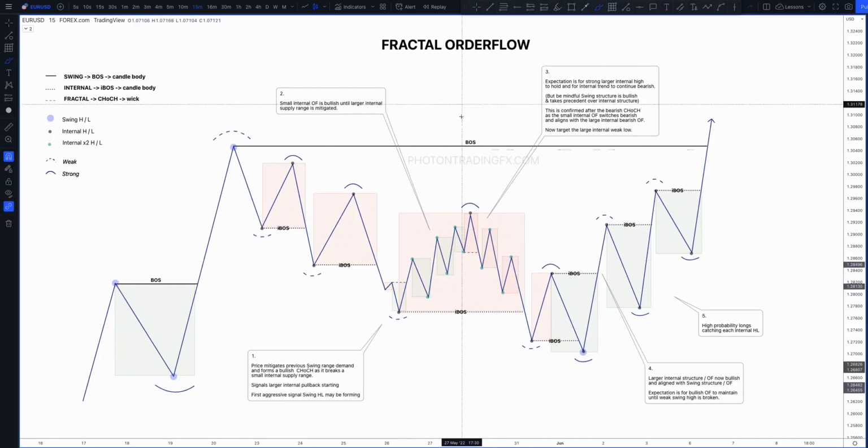So yeah, I'll leave that there in terms of a bit of theory. We'll now quickly just practice mapping some order flow. And then the next lesson we'll go through